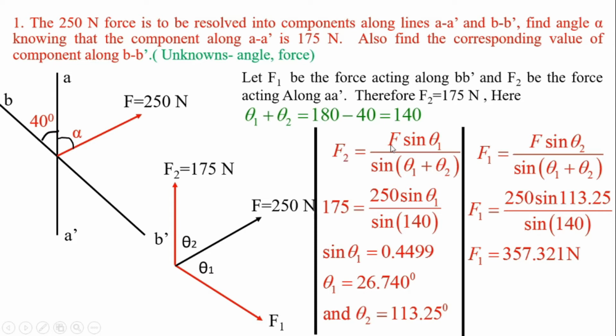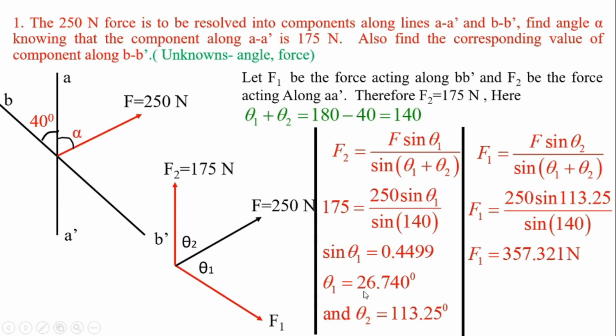F is also given, and hence theta 1 is the only unknown. So we can use this equation. F2 is equal to F sin of theta 1 upon sin of theta 1 plus theta 2. So F2 is equal to 175, F is 250, sin of theta 1 is unknown, upon sin of theta 1 plus theta 2, 140. And solving this equation, you can write sin of theta 1 is equal to 0.4499, and thus theta 1 is